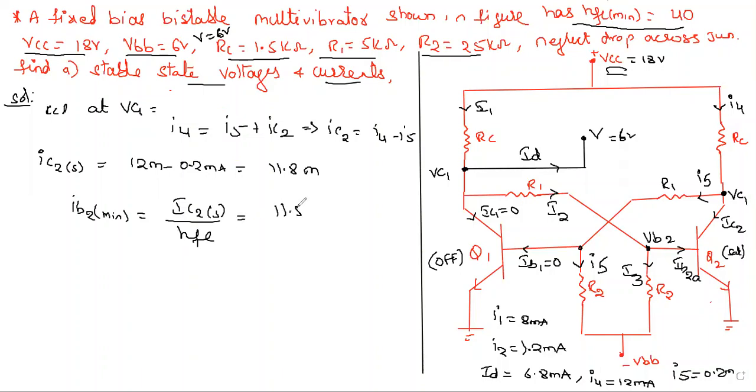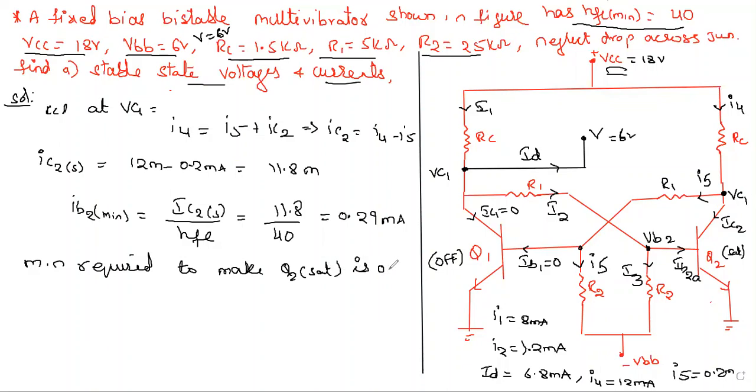So it is 11.8 divided by HFE minimum, given as 40. So it is approximately 0.29 milliamps. So the IB2 minimum required current to make Q2 saturate